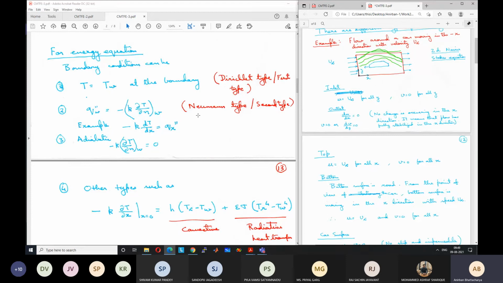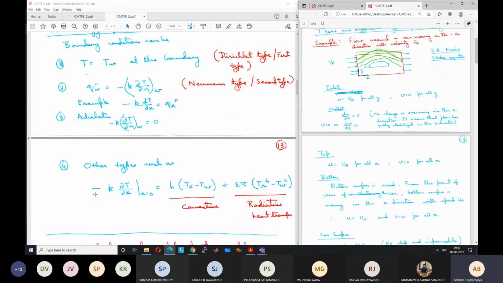And one special type of Neumann boundary condition is the adiabatic condition, where the heat flux is 0. There is no heat transfer occurring at the side. It is totally insulated. This is very common in many practical applications. You do not have any heat transfer occurring, or the time is so short that there is not sufficient time for heat transfer to occur. So in those cases, minus k ∂T/∂n is equal to 0. Here n is the general normal direction, so don't get confused by n. If it is the x direction, we will write minus k dT/dx, and if it is the y direction, minus k dT/dy, equal to 0.